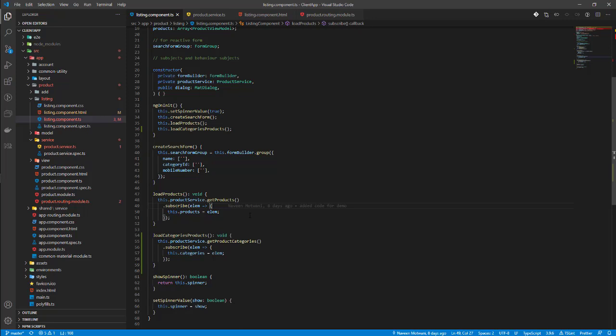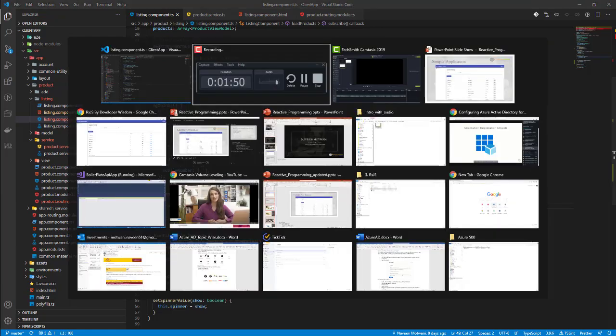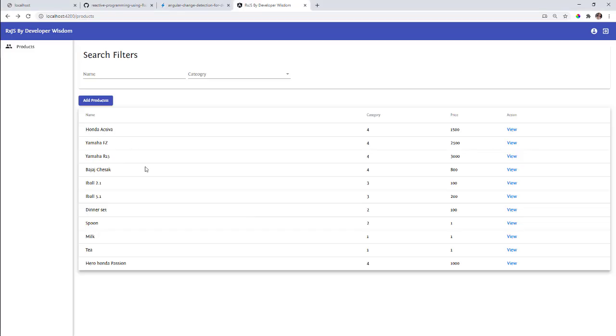When I say combining multiple streams, let me actually show you this. In this grid, I'm displaying the product detail and then the category. But in my real world application, I wouldn't show the category ID. I would show the category name. Since the categories are coming from a different stream, the category API, and the product information is coming from a different API, I can also say this is a different observable, and this is a different observable.